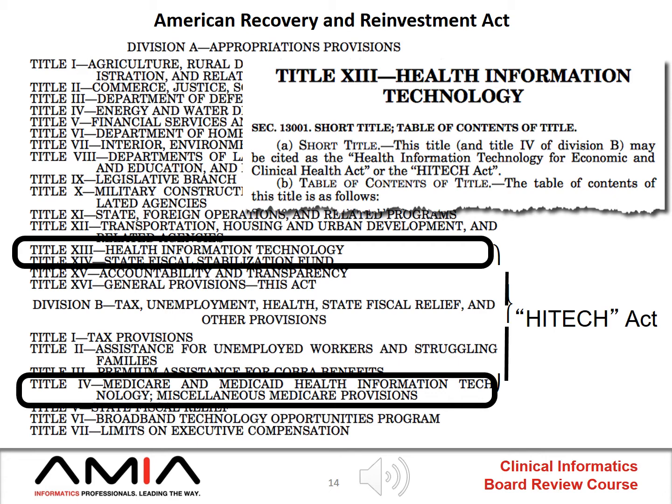These titles can be regarded as chapters in the full law. Two titles from Division A and one title from Division B together are referred to as the High-Tech Act. This is actually declared in the law itself. As you can see, I put an excerpt in there, and what I just mentioned shows up in the law itself. So when we refer to the High-Tech Act, we're really referring to these sections of the American Recovery and Reinvestment Act.